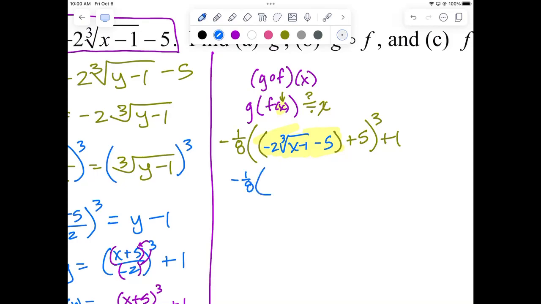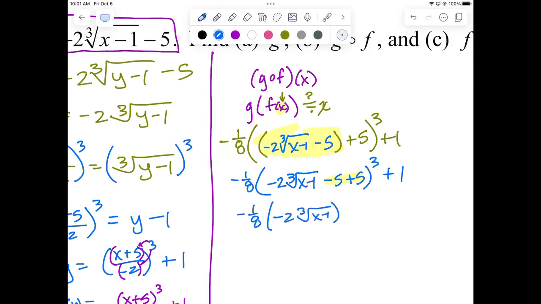Well, let's see what I'm going to do. I'm going to evaluate this using my Aunt Sally's rules. Parentheses first, so there's nothing to distribute. Those first parentheses that I wrote for the substitution were good for showing the substitution, but I can actually drop them. And once I drop them, then notice what I could do with the 5s. What happens to the 5s? They cancel out, and I'm just left with negative 2 times the cube root of x minus 1, quantity cubed,